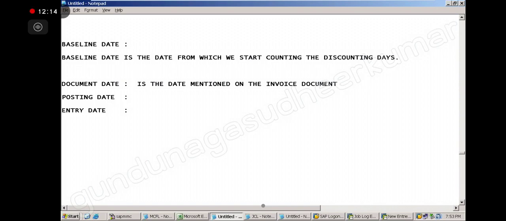Whatever date is there on the document, that date will become the document date. Posting date is the date we post, which we use basically for accounting purposes.